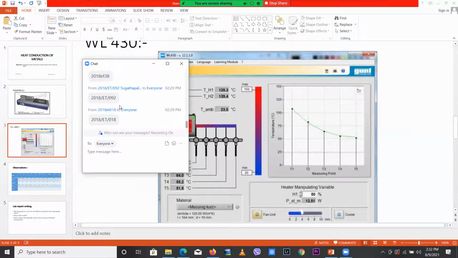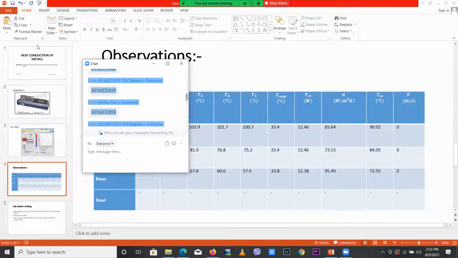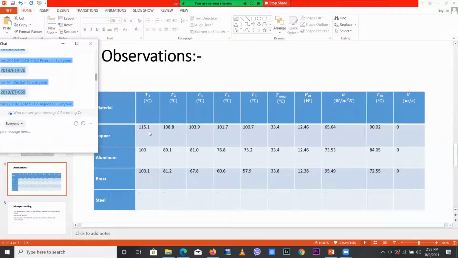If it is a high conductivity metal, that means copper, you can see in the reading of the copper, T1 is 115 and T5 is 100, approximately the same. At the 0 position it is 115 degrees Celsius, and after 100 millimeters from that point it is 100 degrees Celsius. That means it has high thermal flow,